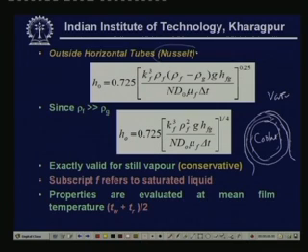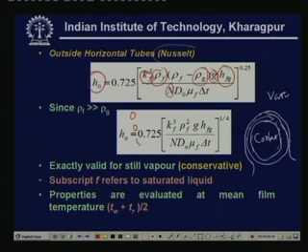This is a classical correlation suggested by Nusselt. Here in this particular correlation, h naught is the condensation heat transfer coefficient. And here kf is the thermal conductivity of the saturated liquid refrigerant, and rho f is the saturated density of the liquid refrigerant, and rho g is the saturated density of the vapor, g is the acceleration due to gravity, hfg is the latent heat of vaporization, n is number of tubes in a row, okay, in a vertical